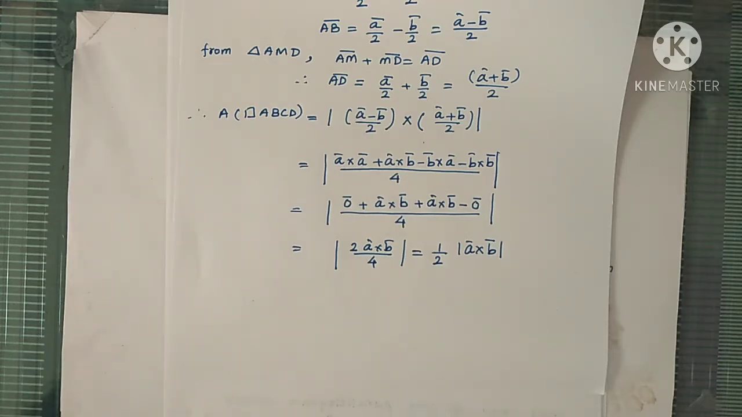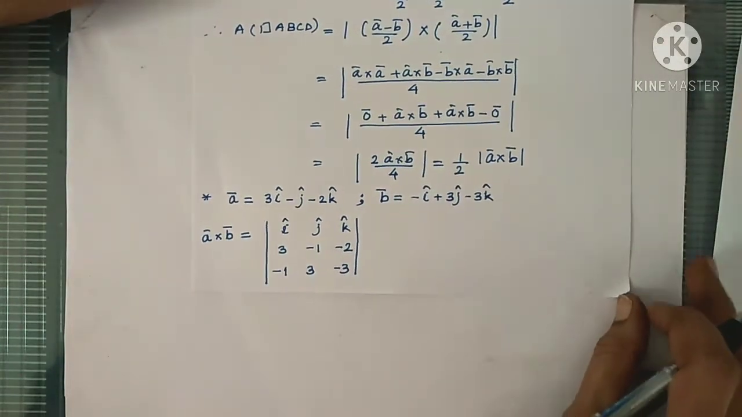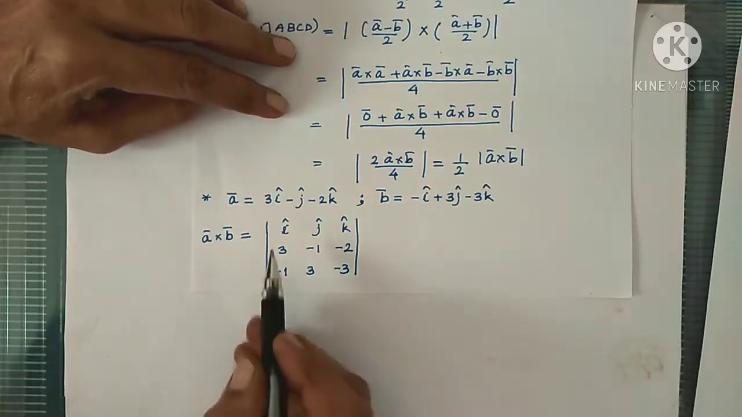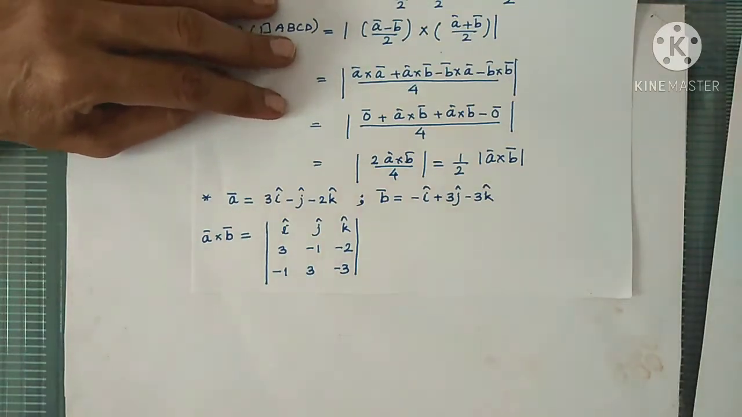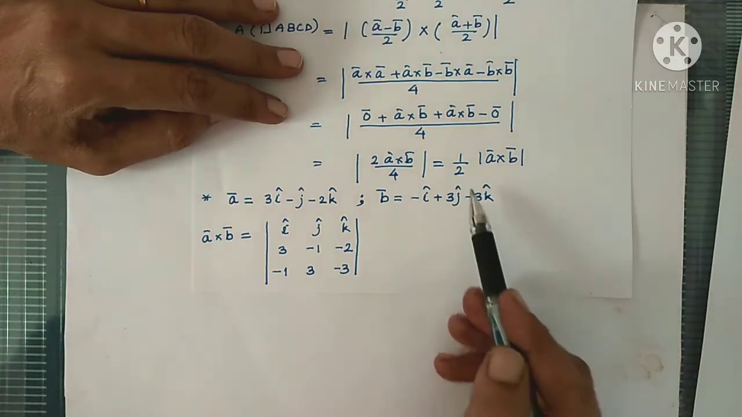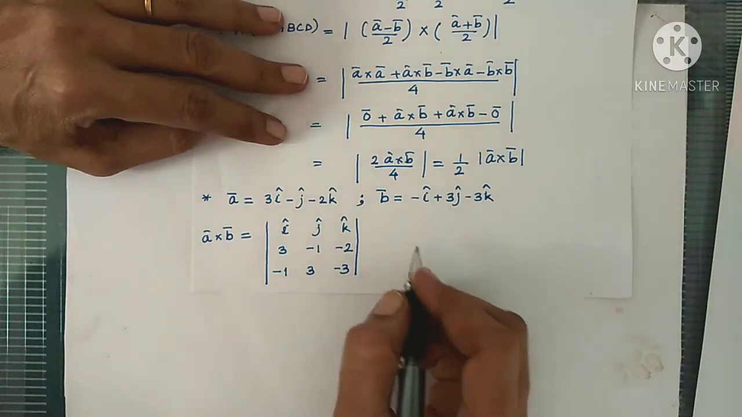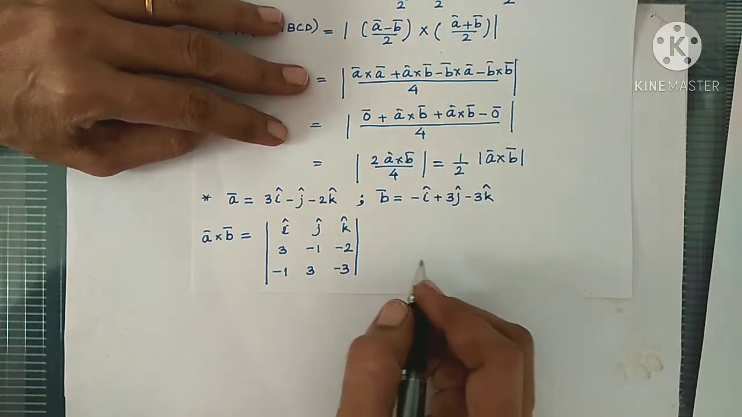But if a bar and b bar are the diagonals, then we have to multiply by half. So it is half modulus of a bar cross b bar. So if a bar and b bar are diagonals of a parallelogram and a bar and b bar are given here, let's find out the area of the parallelogram. So the formula is half modulus of a bar cross b bar. First let's find out a bar cross b bar, and then we will find the modulus of a bar cross